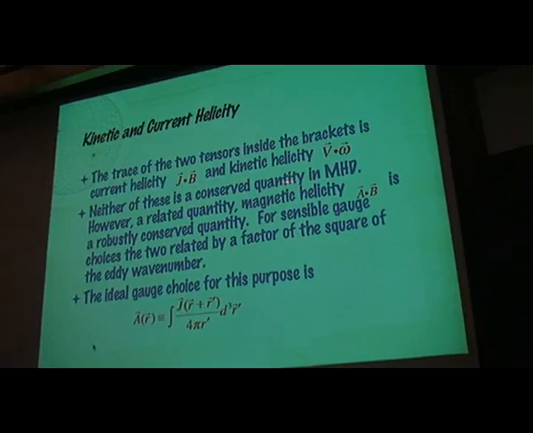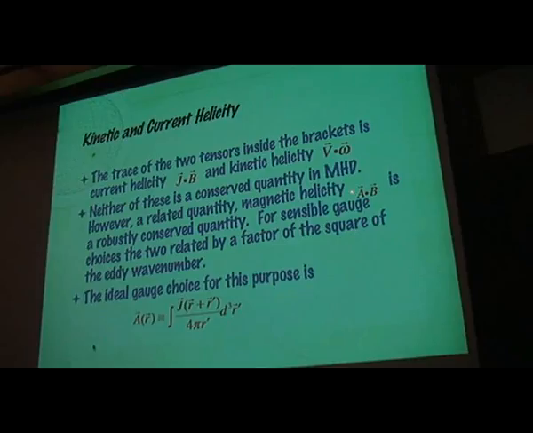Neither of these is a conserved quantity in MHD, and so, again, at very early times, people just assumed that you could dictate them by some kind of special forcing, and that is true for the kinetic helicity, but there's a problem with trying to play with the current helicity in this way, which is to say that the magnetic